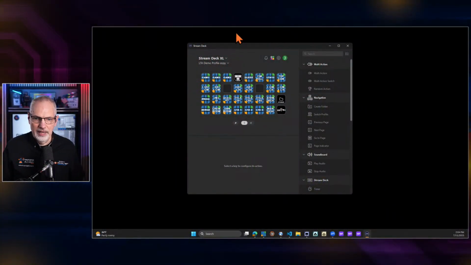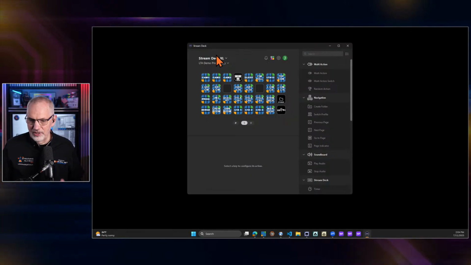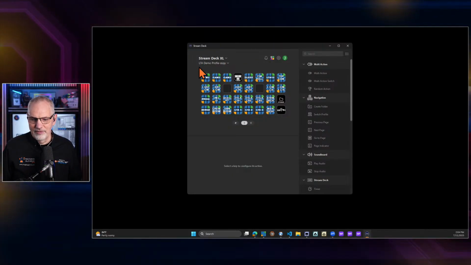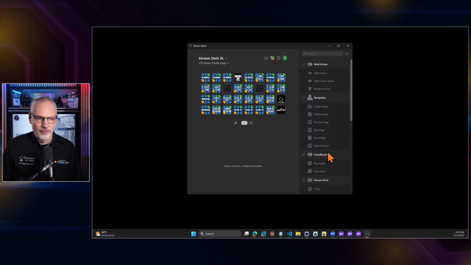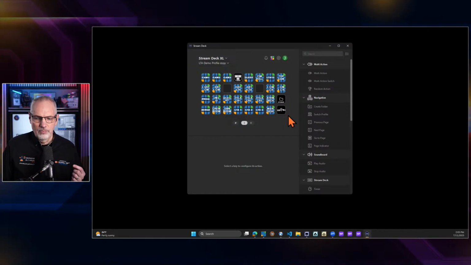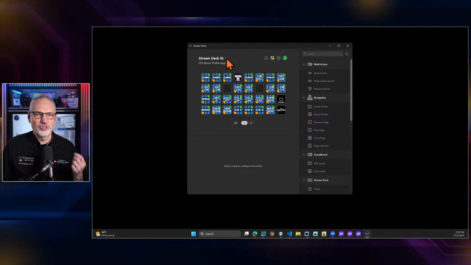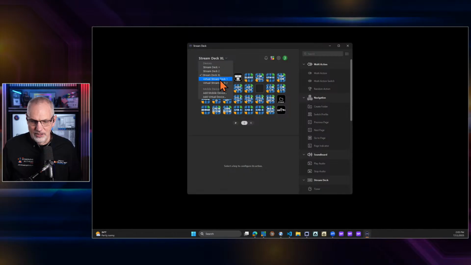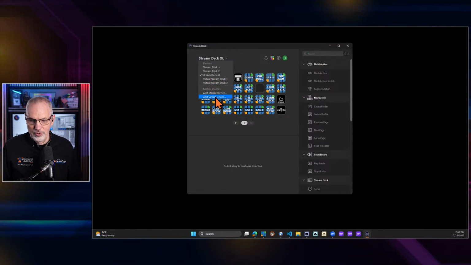So let's jump in here and take a look at the Stream Deck software for Stream Deck 7 here. Let me switch over to the screen here. Okay, so if you look here, this is very much the standard Stream Deck where you pick whichever Stream Deck you have, and then you can assign buttons with different functions that are all sitting here. So all of that is pretty standard. But where it's different is if you go in here to select which Stream Deck you want to work with. So we have multiples that are here, but you now see that you have virtual Stream Decks, and you can just go here now and say,